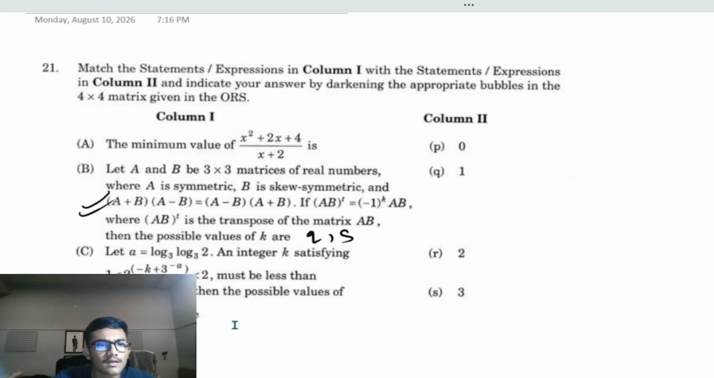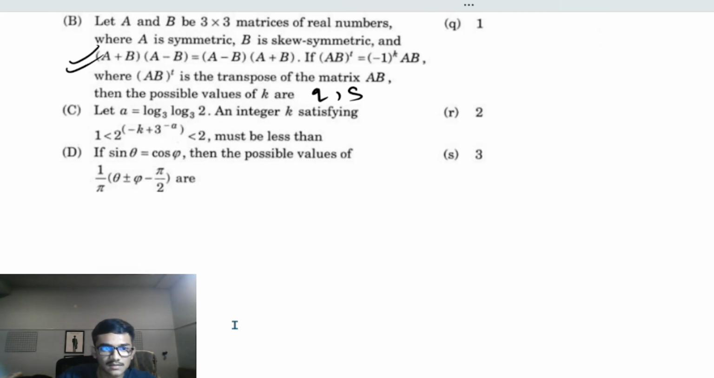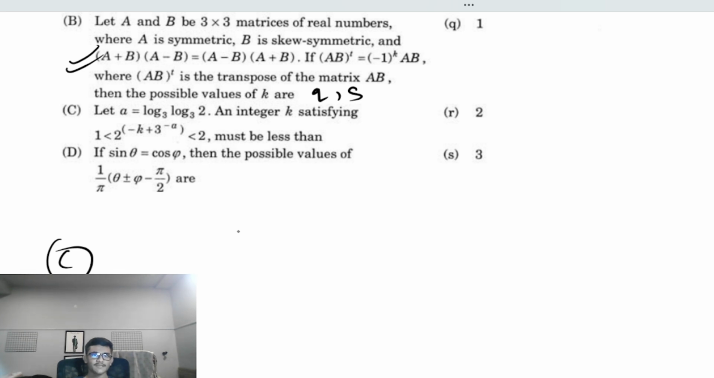Let us check option number C. It says that a equal to log 3 of log 3 of 2, an integer k satisfying this particular inequality, and it is asked that k must be less than. All right, let me first find this thing because it is making me so much uncomfortable. 3 to the power minus a, and a is this thing. 3 to the power minus log 3